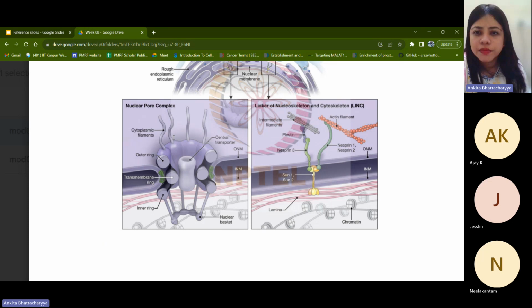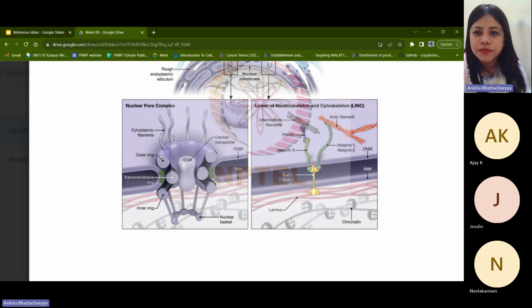So you don't need to remember everything, but the basic idea would be helpful. There are a lot of details that can be gotten about regarding these topics. But for now, what we can see is that there's a nuclear basket. That basket is towards the nuclear side. So whenever we talked about the cell membrane, we always talk about the cell cytoplasm and we talk about the cell exterior. With respect to the nuclear membrane, there is the nuclear side and the cytoplasmic side. You need to make these orientations very clear in your mind.